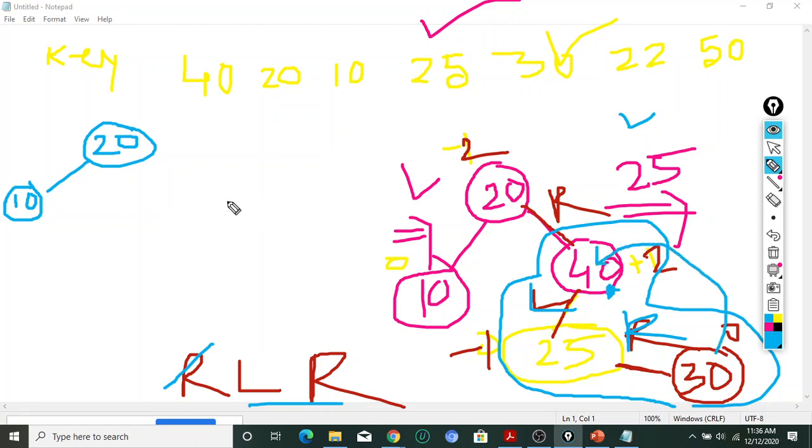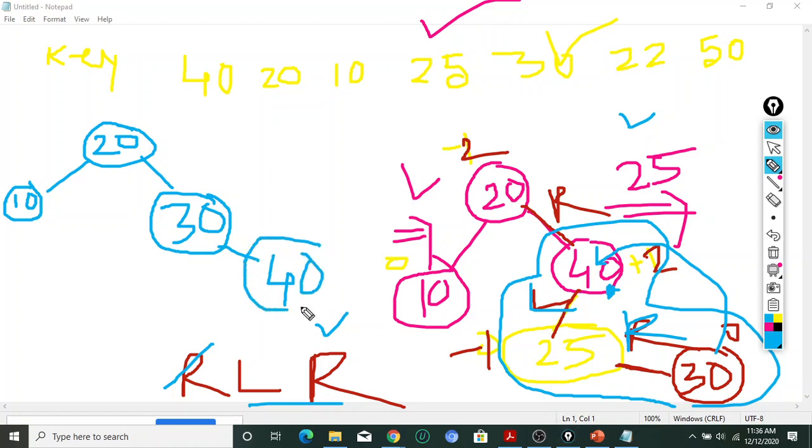Yes or no? If I perform it in a single step, the last node will be the root node. I will exchange, and 40 is the R rotation. So 40 will be placed on the right hand side. There is no left child of 10, and 20 is the left child of 40. Similarly, 30 will be placed here, and 25 will stay as it is.